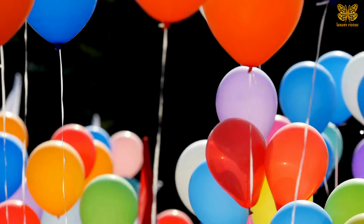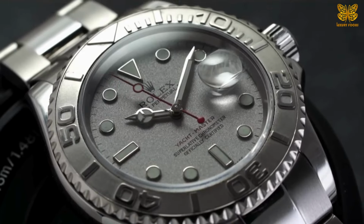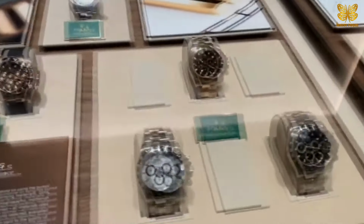As Rolex watches become increasingly elusive, a new conversation has emerged in the collector community. It centers on the delicate dance of reselling a Rolex acquired from an authorized dealer. To the uninitiated, this might seem straightforward, but those in the know understand that the Rolex market operates by its